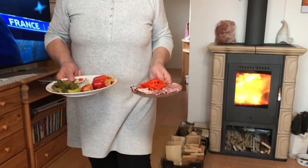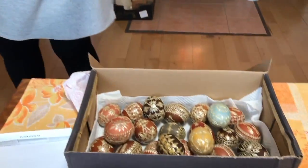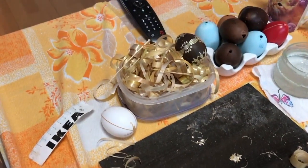Here is my amazing Aunt Marcelka, and look what she prepared for me. Oh my goodness. But I wanted to show you, many of you know her as amazing egg decorator with a straw technique. So look at this. Here is her station. Here she works. These are all